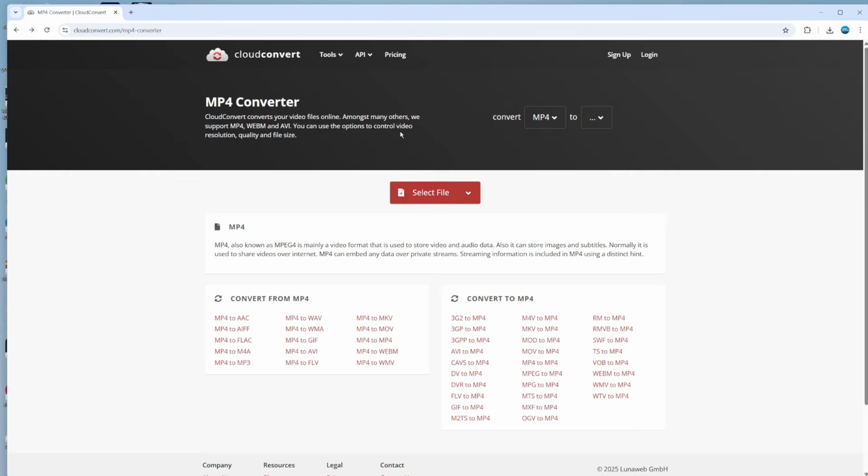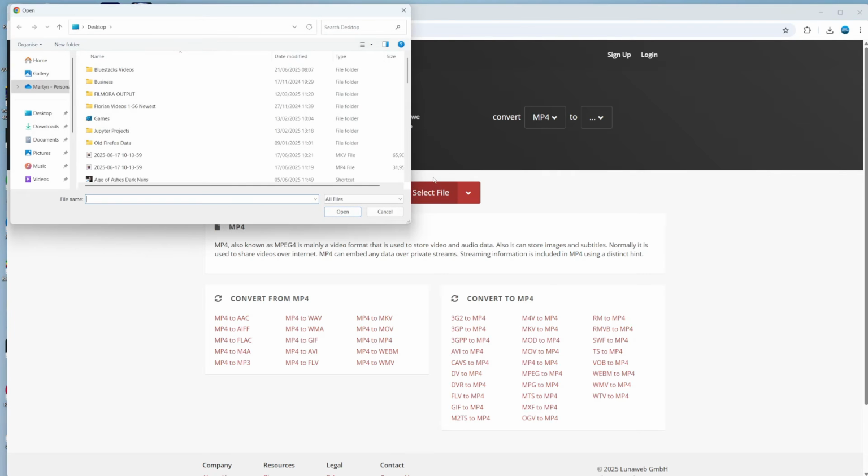So the full web address for this is cloudconvert.com/MP4-converter. So once you come across to here, you're going to see a screen like this. And from here, you just simply want to click onto the red Select File button. What that's going to do is open up your File Explorer. And from your File Explorer, just go ahead and locate where your file is. So mine's on my desktop, so I'm going to click on desktop, and you can see our MP4 file is here. So what I'm going to do is go ahead and click onto that file